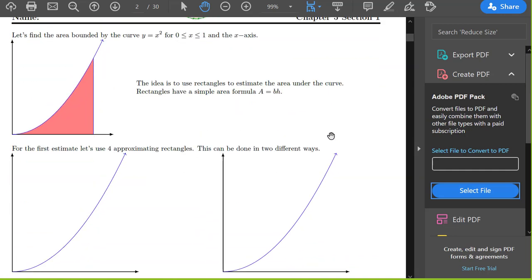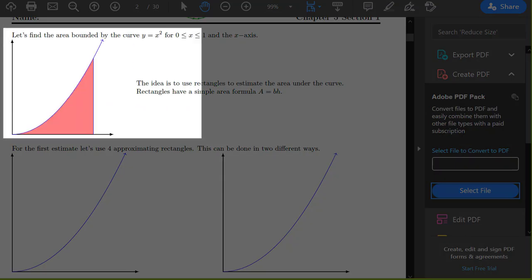All right, so now we've been talking about how this chapter is going to be all about finding area. So we know from geometry how to find the area of rectangles, parallelograms, triangles, and circles. Well, we want to find the area bounded by general functions. So let's start